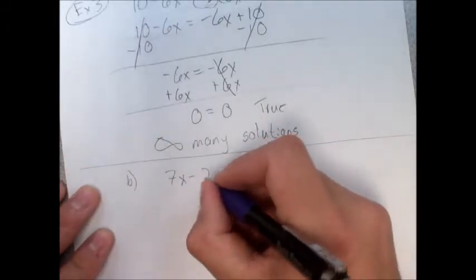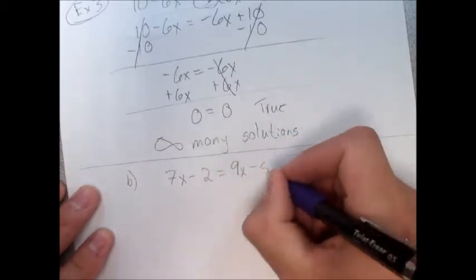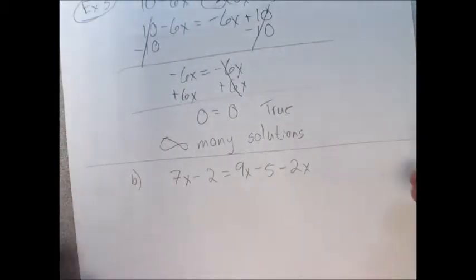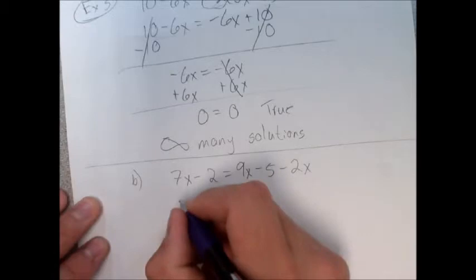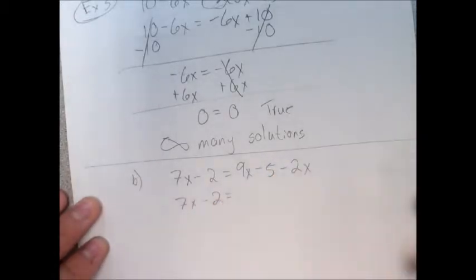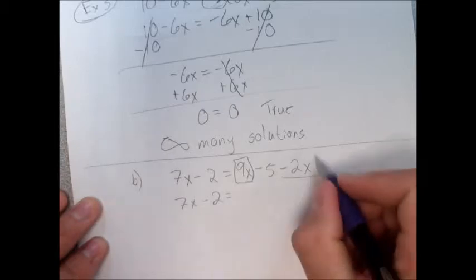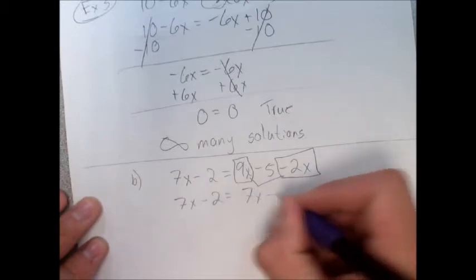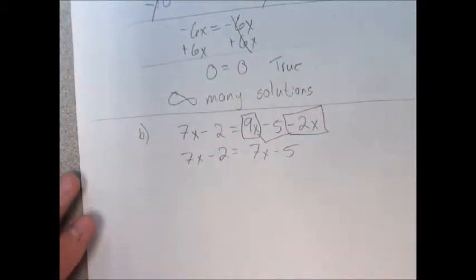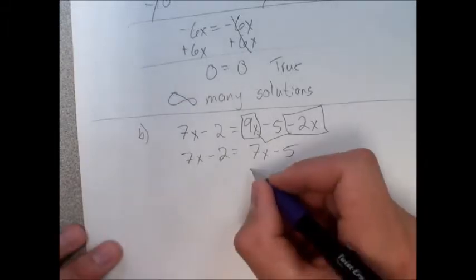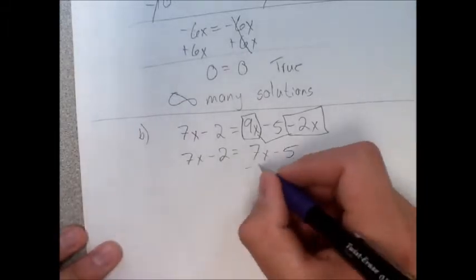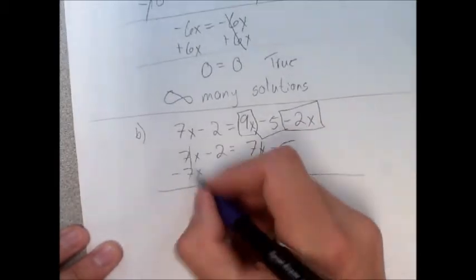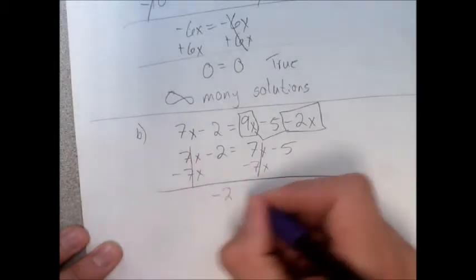7x minus 2 equals 9x minus 5 minus 2x. Okay, before I start this, I need to combine like terms. Over here, I have nothing to combine, so I'm just going to rewrite it down in the next step. Over here, I have a 9x, and I have a negative 2x, so I can combine those to be a 7x minus 5. Now, some of you may have already noticed that something's going to happen here, because my next step is I'm going to move all my variables to one side. So minus 7x, using the subtraction property of equality, I get both of those to cancel,